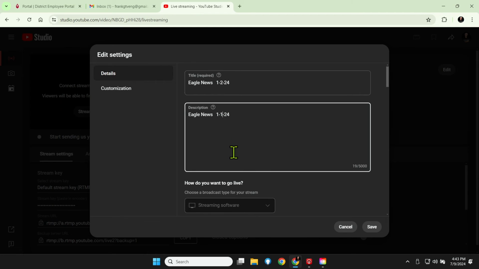And you could do this like right after you stream it. Let's say you're done streaming it and you go back to this page. You can set this up for tomorrow. So tomorrow, all you have to do is hit go. Okay, and now what you're going to do is once you change the date, the only other thing you have